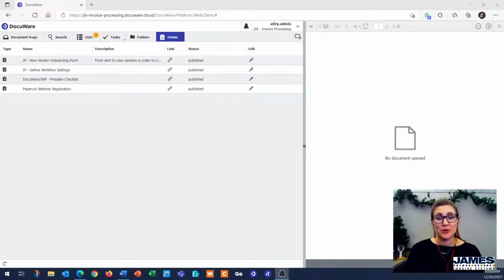Today we're going to go through how to set up a form using DocuWare's inherent web form designer. Think of this like the big brother to fillable PDFs. In that instance, that requires you to send a PDF to somebody via email. The person then has to download it, fill it out, save a signed copy on their desktop, and then email